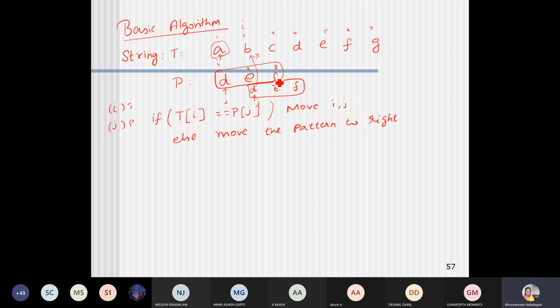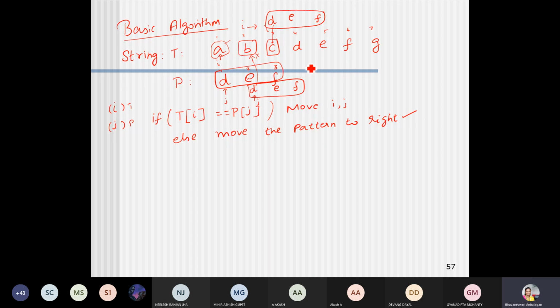Once again, I will move the pattern. I'll write it over here, D, E, F. I'm moving the pattern over here. I has also been moved here because A and B do not match with D, so both these characters are already mismatched. So I will start from here. D and C, whether it matches? No, unfortunately we don't have that pattern. D and C is a mismatch.